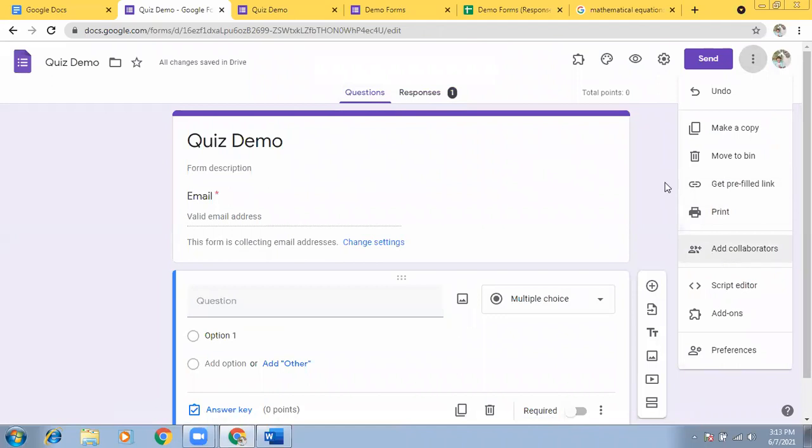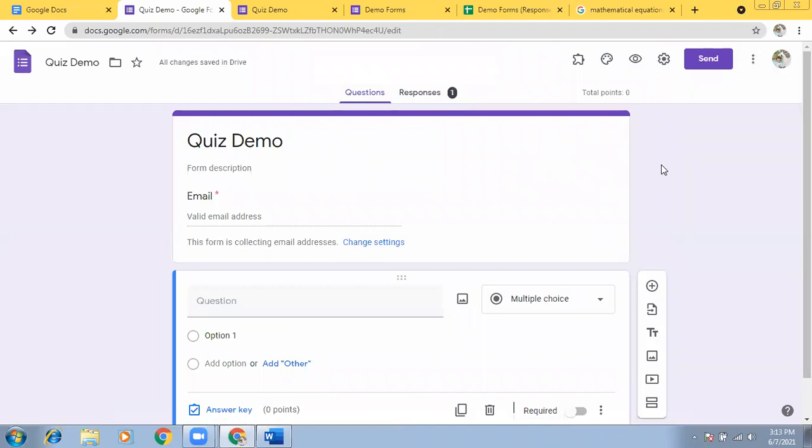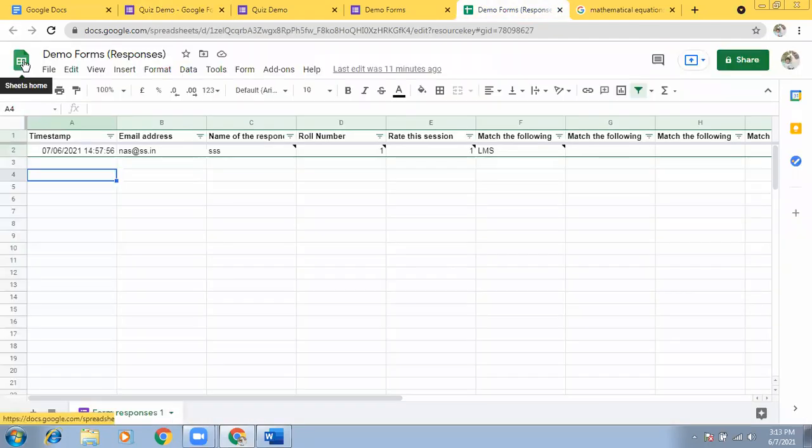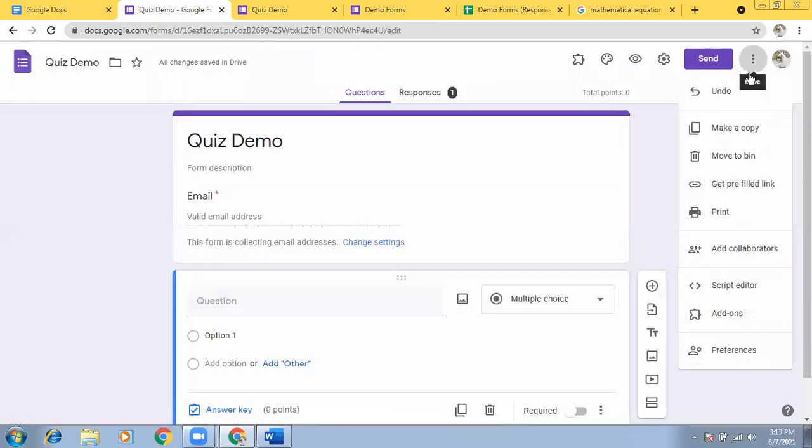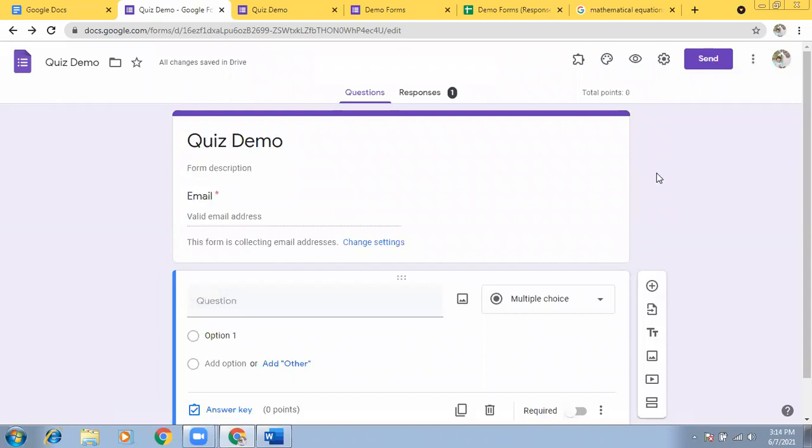This way you can use add-ons for many requirements. So I recommend you make a new account for such things and go for it. I hope it's done. Now, if you want to generate a certificate, you can find add-ons like Certify'em. It is largely used by people these days, but nowadays it puts a watermark, so a Certify'em label will be there on the certificate, and you will be restricted to generating only 100 certificates per day if you are using a Gmail account.